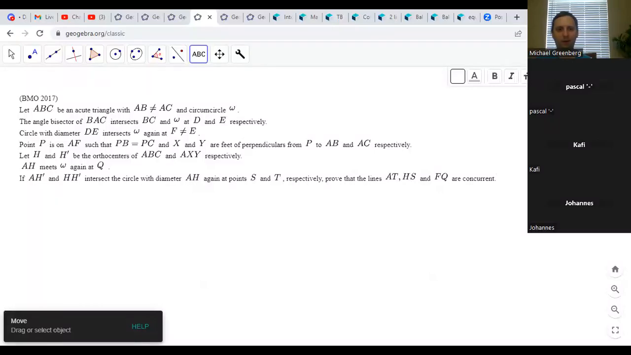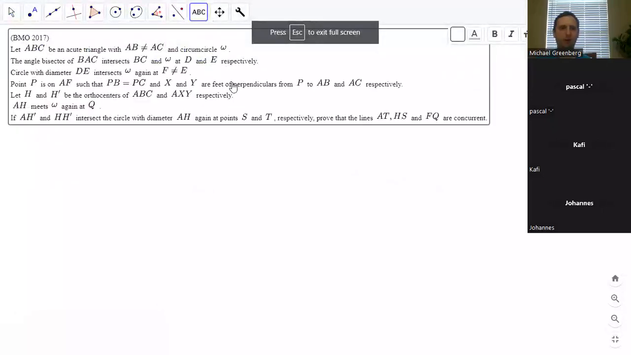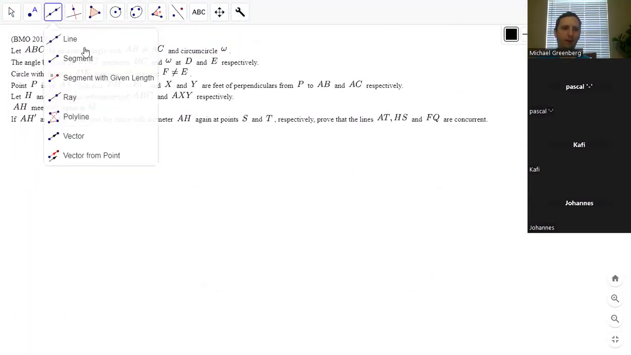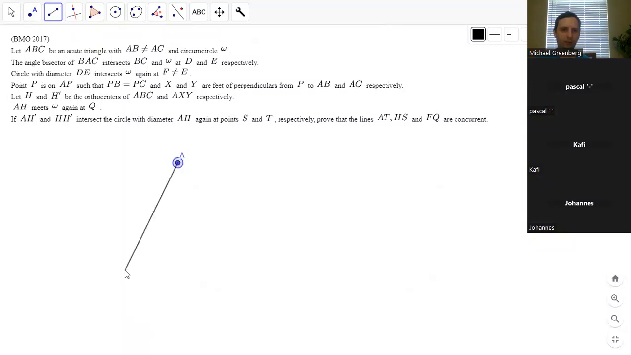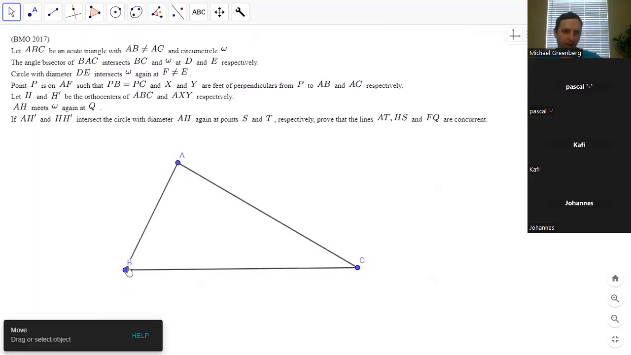All right, so this one I think is harder, supposedly. So we have a triangle with circumcircle omega, and the angle bisector, we want to see where